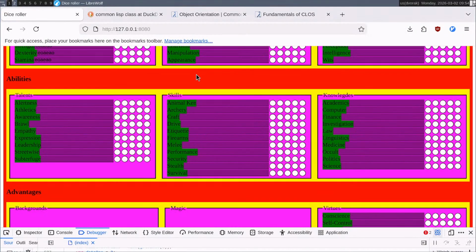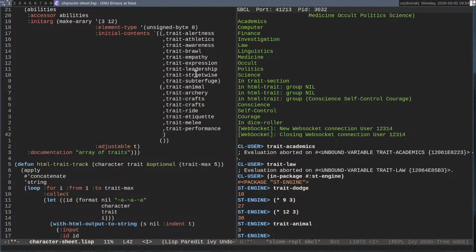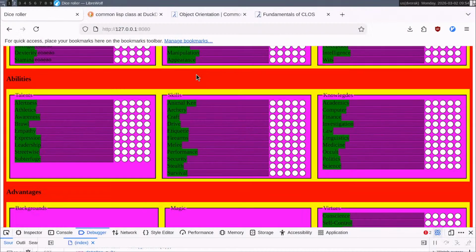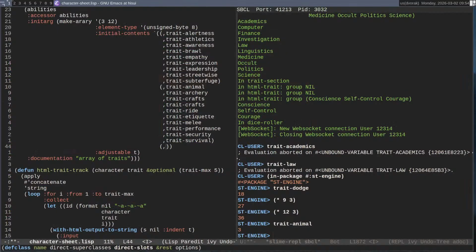We're going to have craft twice. We're just going to count it as 1. Security. Trait survival. 1, 2, 3, 4, 5, 6, 7, 8, 9. Good. And let's get some academics.